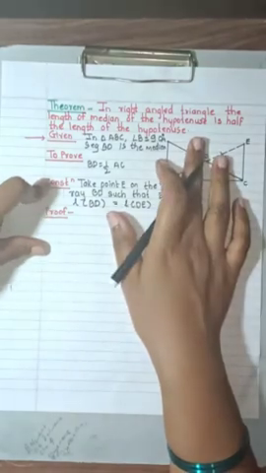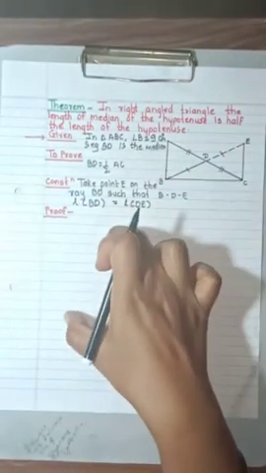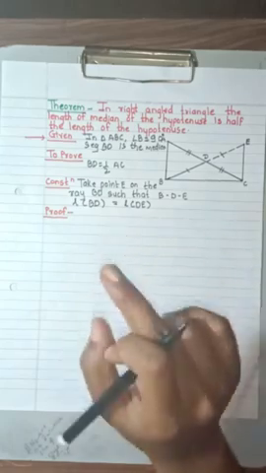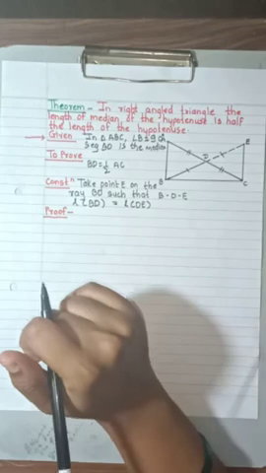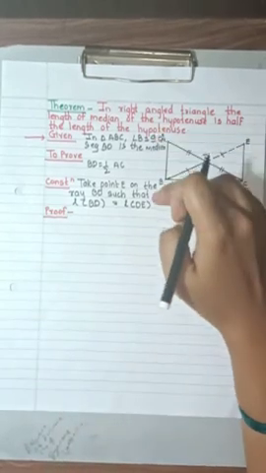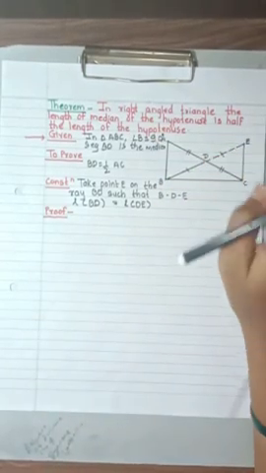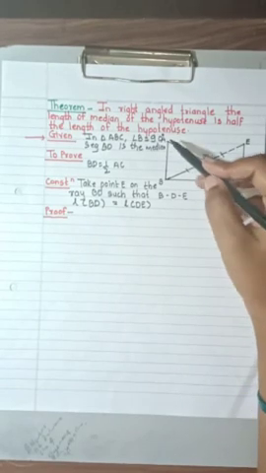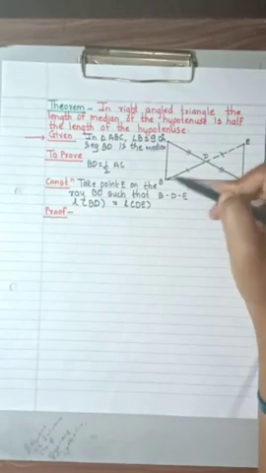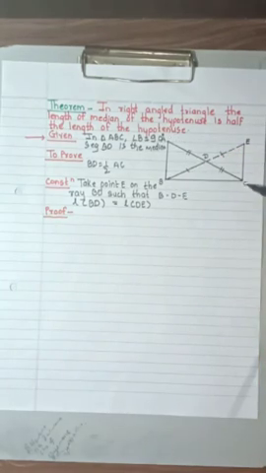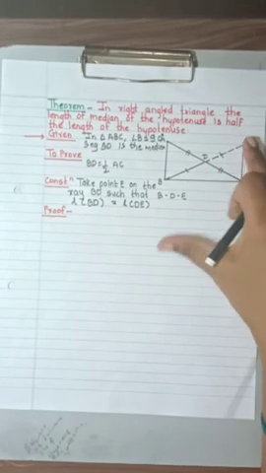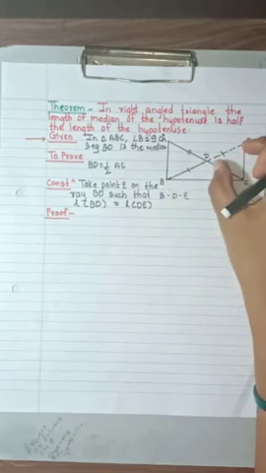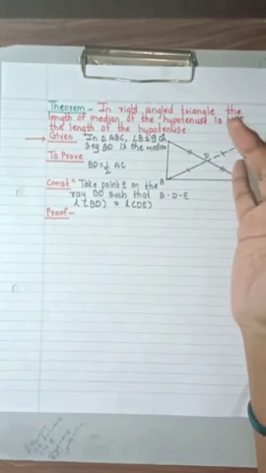Now, in the proof, I'll just give you the outline, and the proof you will be solving as a part of homework. Now children, what you will do here is prove that triangle ADB and triangle CDE are congruent. First, you will show that side BD is congruent to side DE. You can write: from construction.